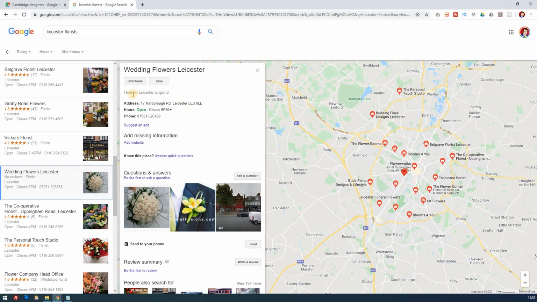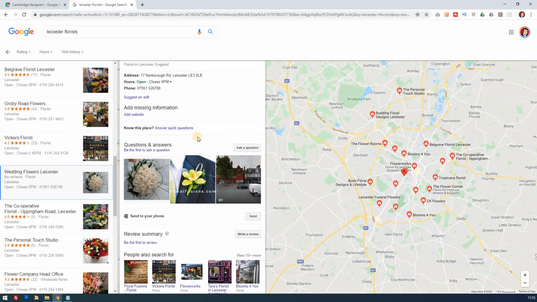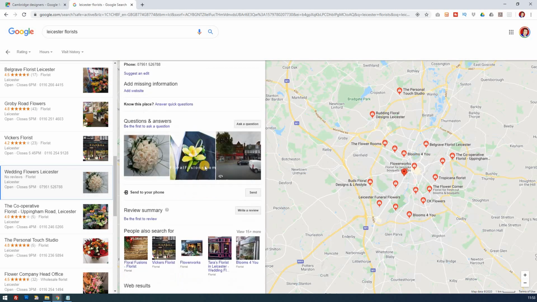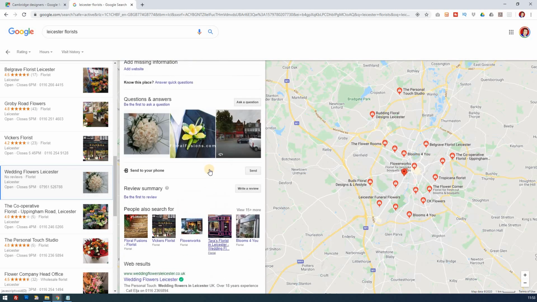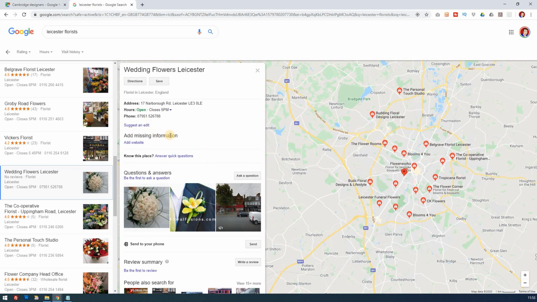They've not really taken care of adding a website. If they had a website, that would help. They've not got any questions. They could ask their own questions. There's nothing wrong in asking some FAQs. People might say, do you do special flowers for Easter, or do you do flowers for Valentine's? Or what type of prices do you charge for a wreath? There's all sorts of things that they could ask, and that would be something to consider as well. A shame they've got quite a lot of missing information there, which they could have benefited from.